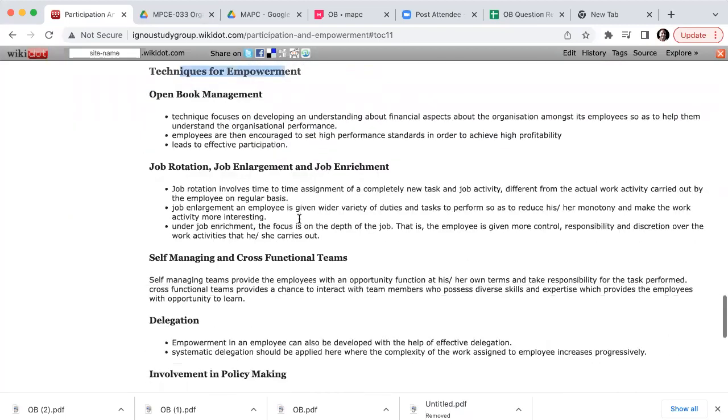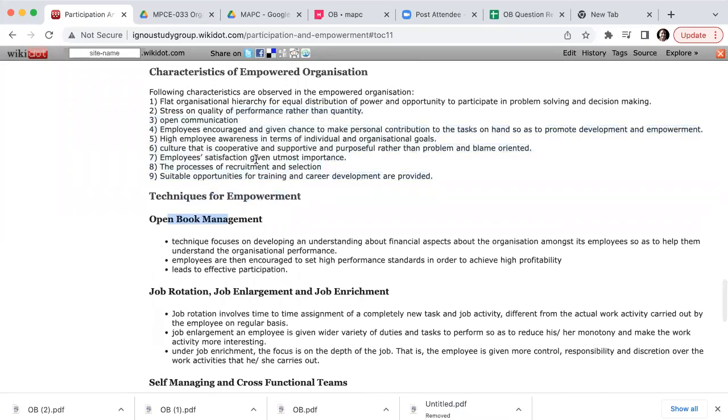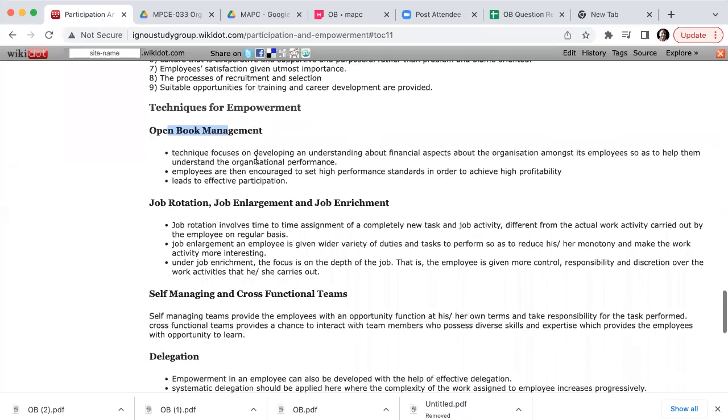We are going to techniques of empowerment. First is open book management. What it means is you are not hiding things from employees. If you hide things, then they can't really take the empowerment. They need to have everything available so that they can take decisions on their own. If things are not available, they will not be comfortable taking decisions. So your financials, and whatever else they require for the empowerment you have given, need to be there as an open book. That is what open book management means.